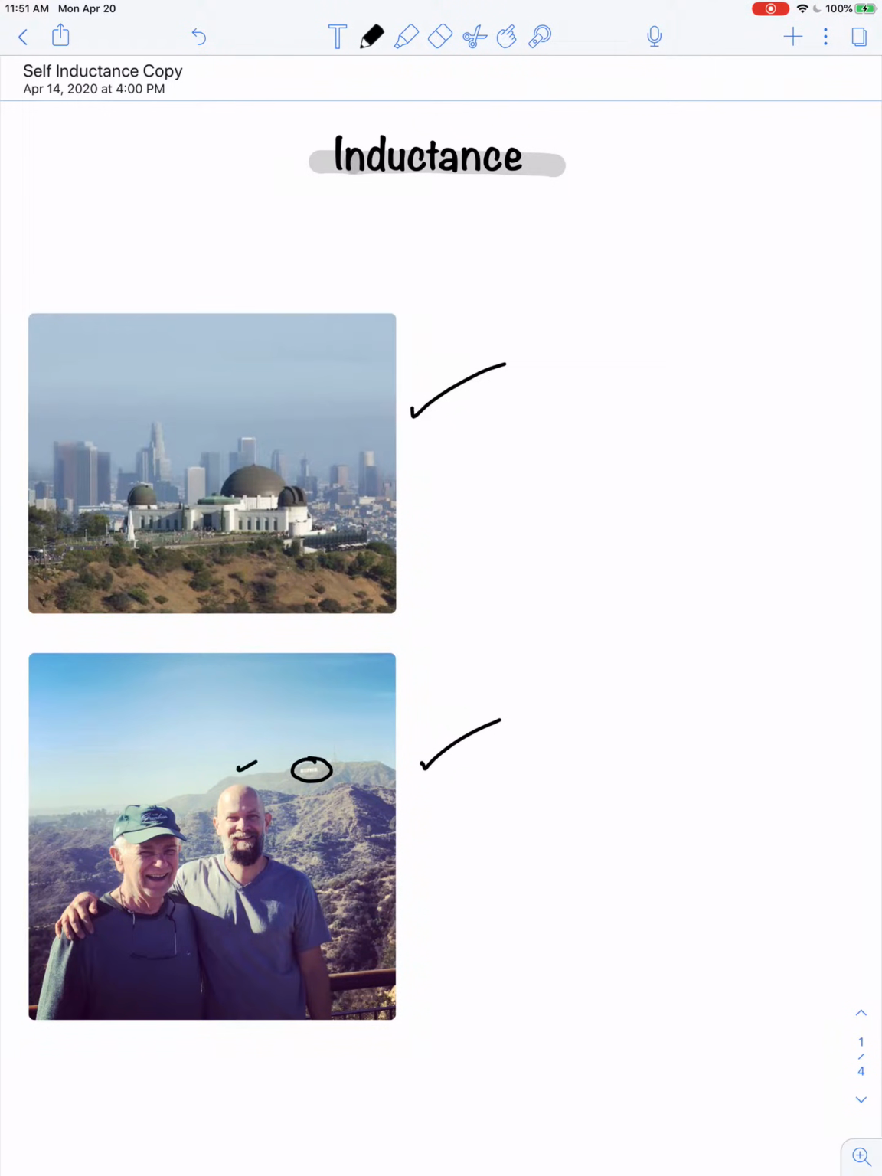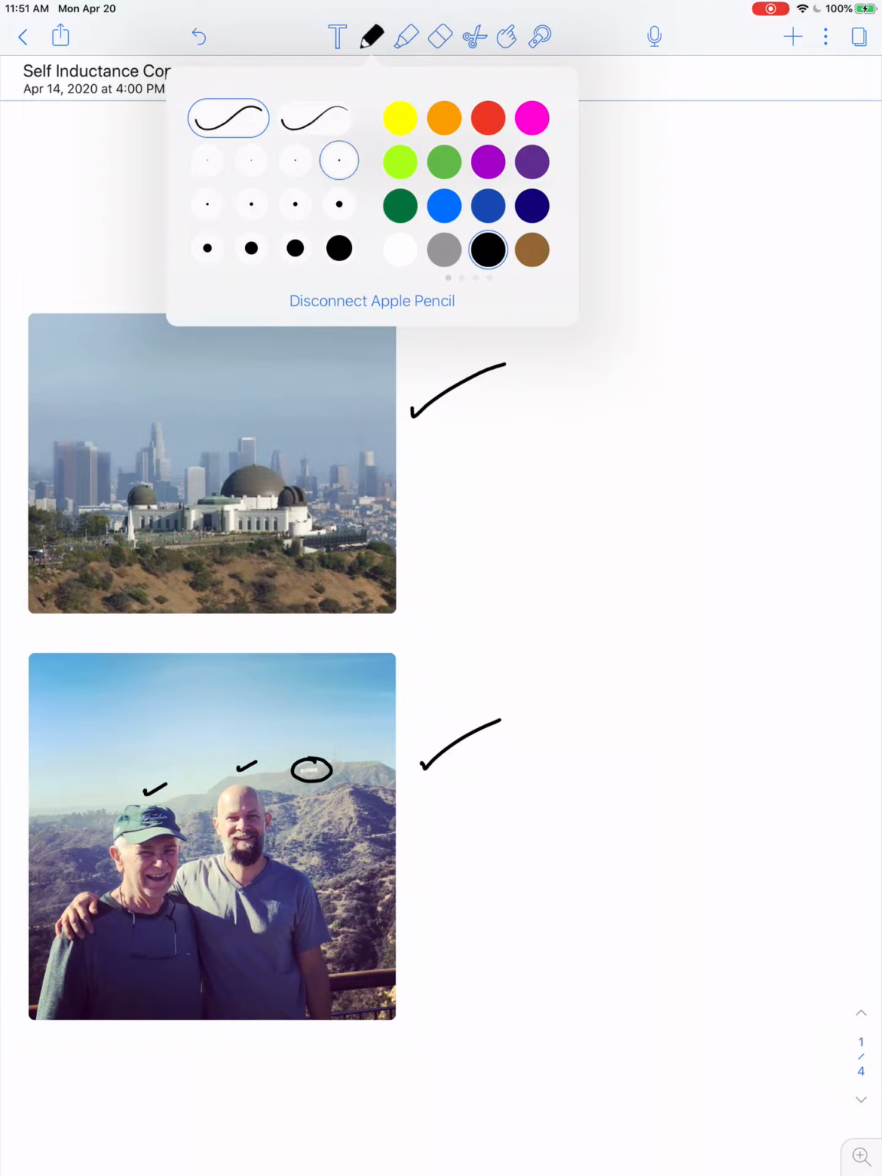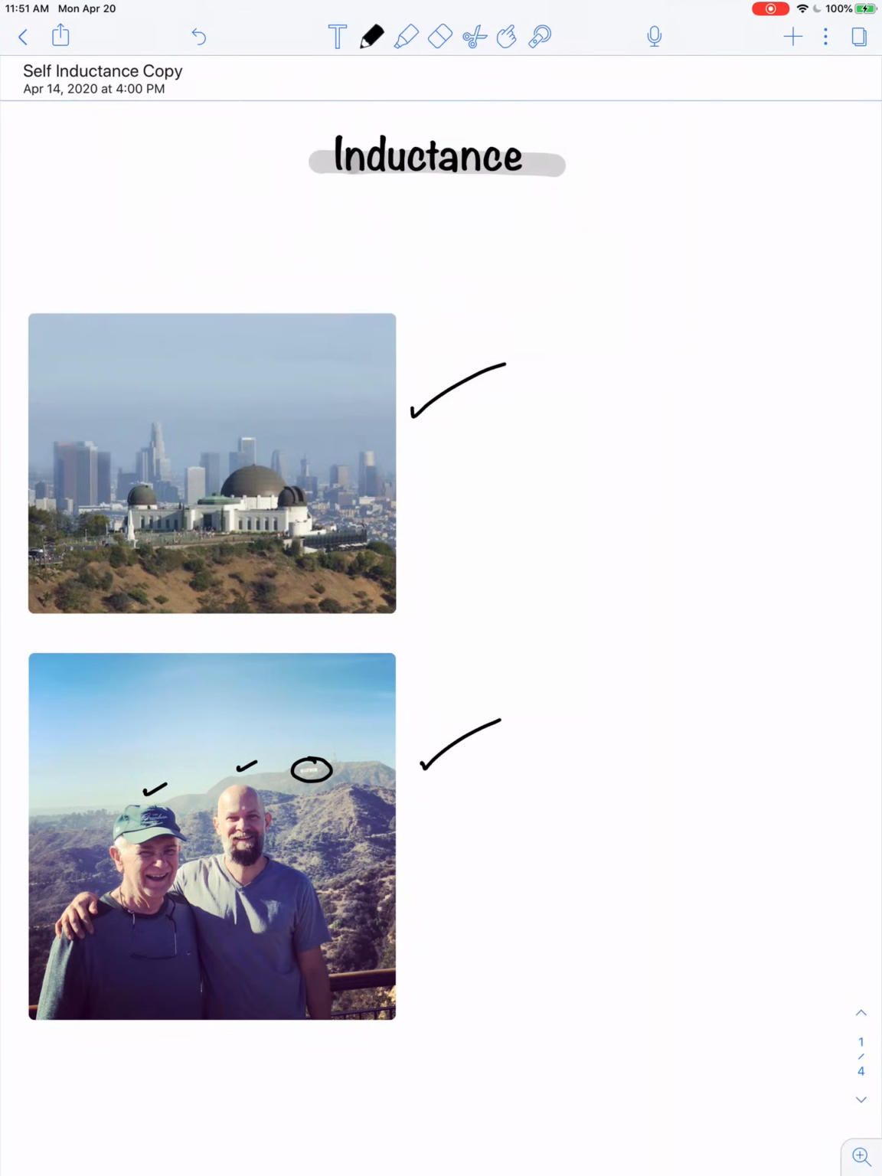Now, this is a picture of me and my dad at Griffith Park Observatory. Now, why do I want to show you a picture of my dad? Well, we'll come back to that in a moment. There is a connection here. First, let me remind you